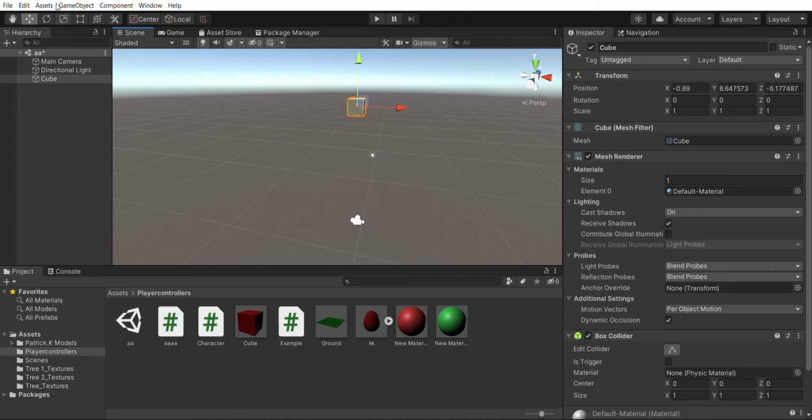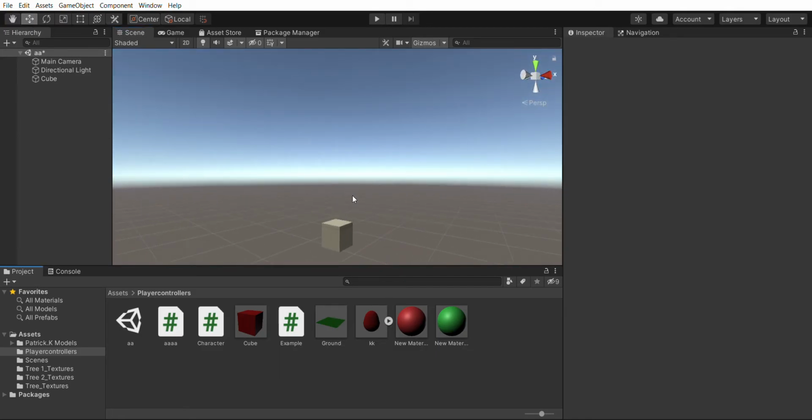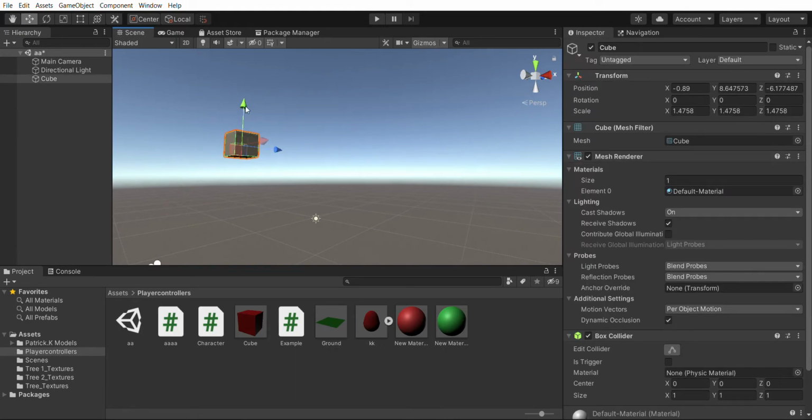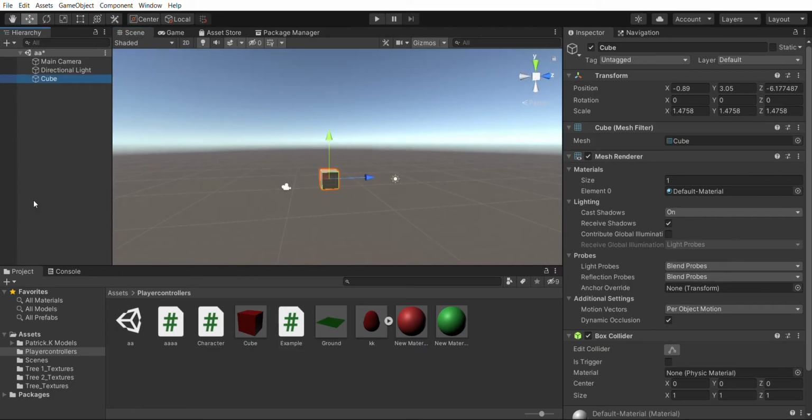Now let's make it large with the scale tool, and done. And then we will bring this down a bit. Now one more thing, we will create a plane, 3D object, then plane.